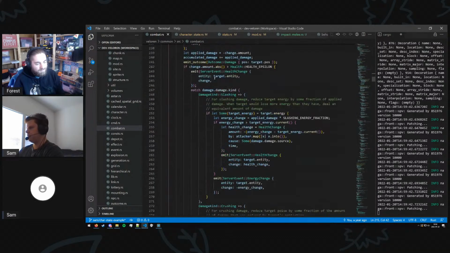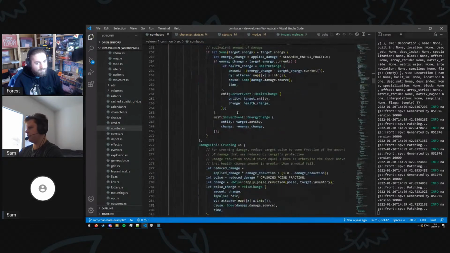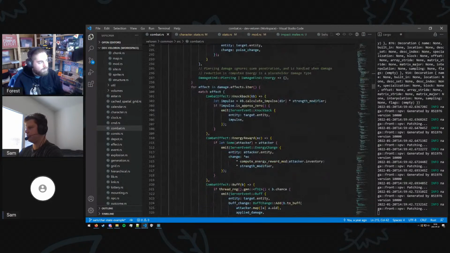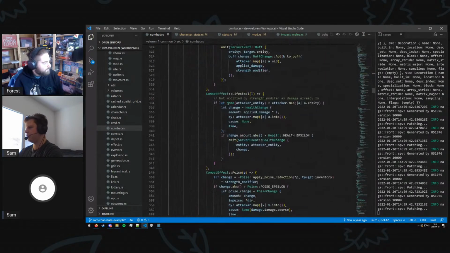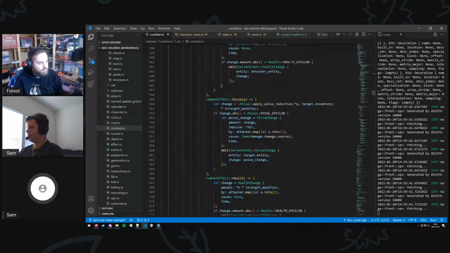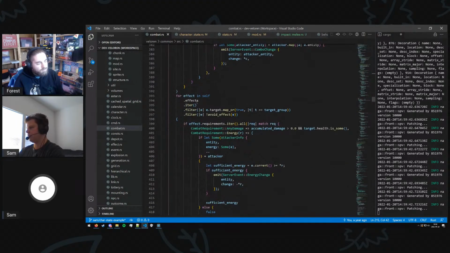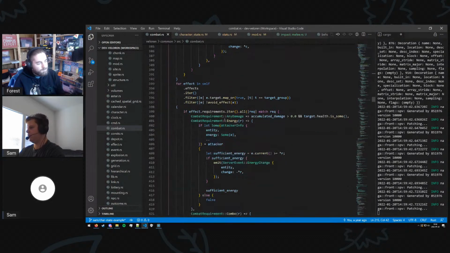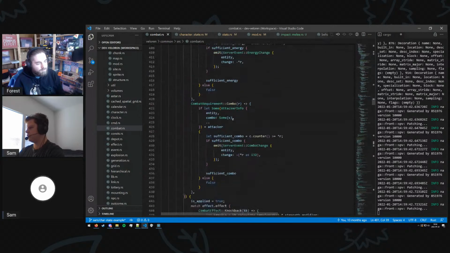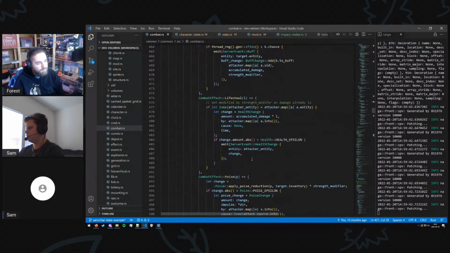So then we go through, there's a little bit of logic here because different damage kinds might have different effects, so slashing, crushing. And then we go through the effects tied to a particular damage instance. When an effect is tied to a damage instance, the only requirement for the effect to apply is if you deal damage on that damage bit. But if we tie an effect to the attack as a whole, we can have different requirements here. So damage being dealt, or it consumes energy, or consumes combo, which can affect the